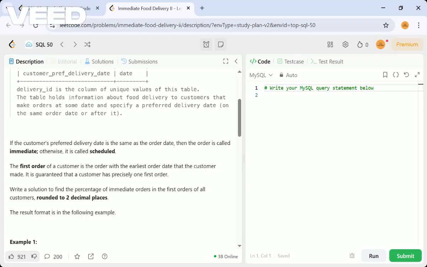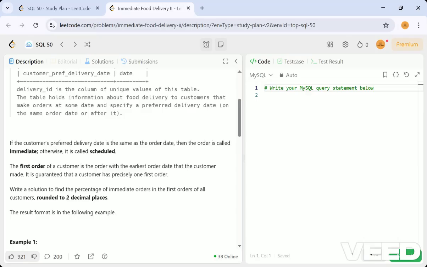Next, the first order of the customer is the order with the earliest order date that the customer made. For example, one customer ordered something, some biryani, today, so that becomes the first order. If the same person orders something scheduled for the next day, that is considered the second order.